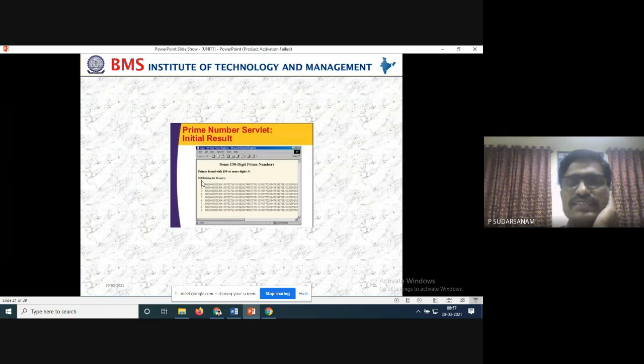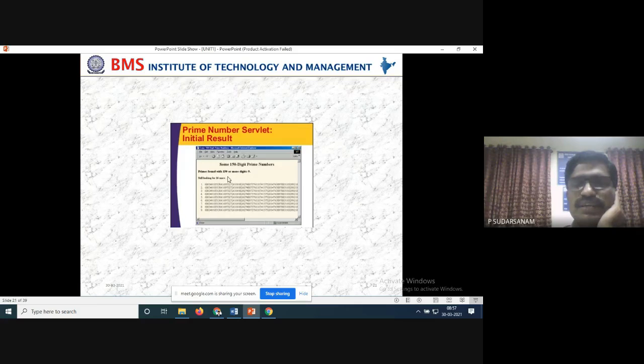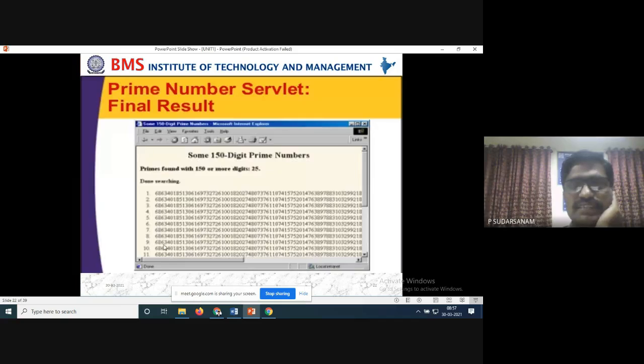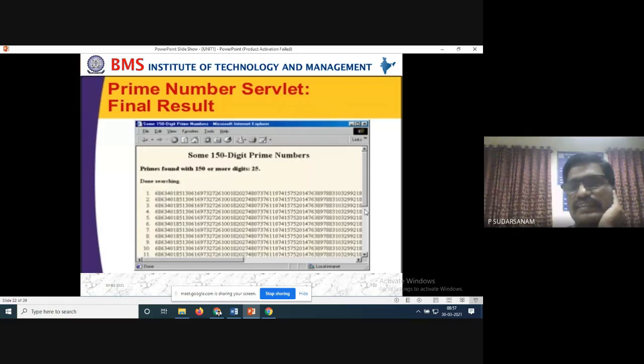Here it is still loading for 16 more. Once you make the refresh, the remaining numbers will be displayed. Here only 9 is visible. After making the refresh, the remaining will also be there, and we can refresh it. You can scroll down and get the remaining numbers.